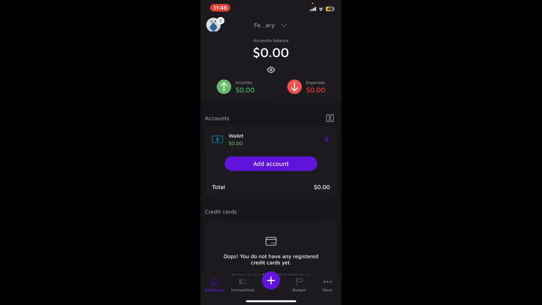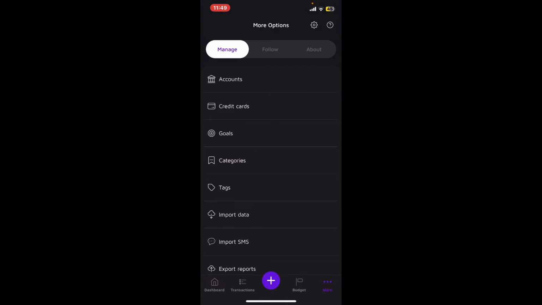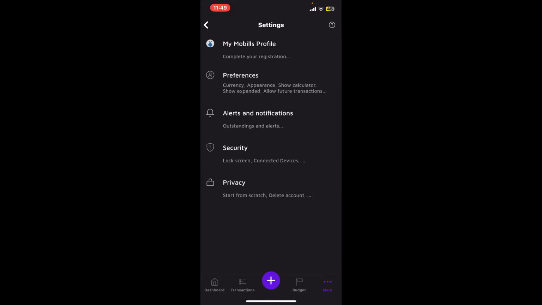After you launch the app, from the main home page, tap on the More button at the bottom right-hand corner of the screen. Now, tap on the Gear button at the top right corner. Under the Settings menu, tap on Privacy. Select Start from Scratch. But remember that once you do this, the action cannot be undone, so be sure before